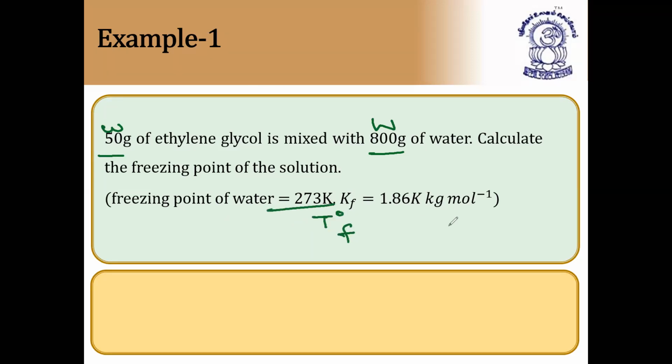And Kf is also given. So what are you supposed to find? The freezing point of the solution, that is Tf after adding. So we have to find Tf. Tf is equal to how much? Now we already know ΔTf is equal to Kf into m. So substituting this formula, ΔTf is equal to